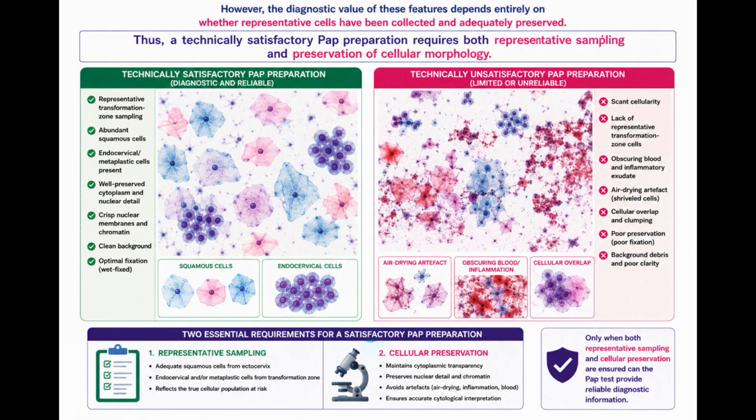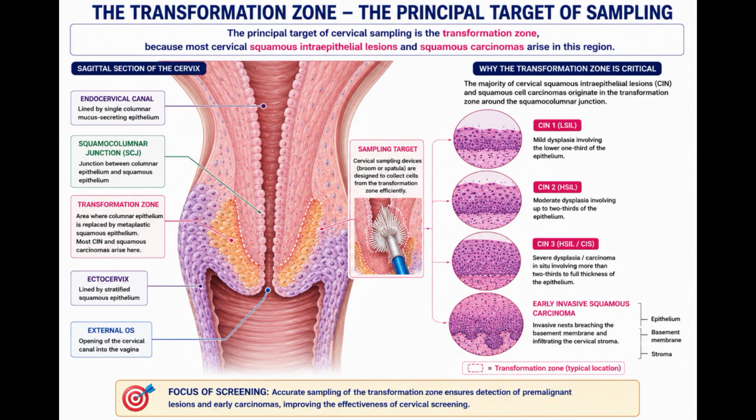However, the diagnostic value of these features depends entirely on whether representative cells have been collected and adequately preserved. Thus, a technically satisfactory Pap preparation requires both representative sampling and preservation of cellular morphology. Transformation zone and specimen collection. The principal target of cervical sampling is the transformation zone, because most cervical squamous intraepithelial lesions and squamous carcinomas arise